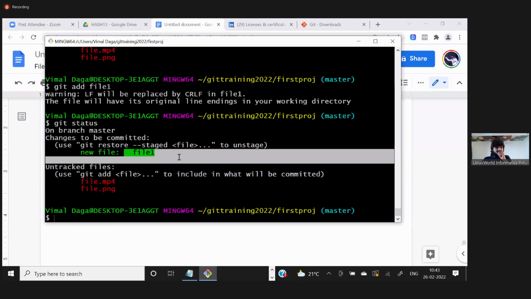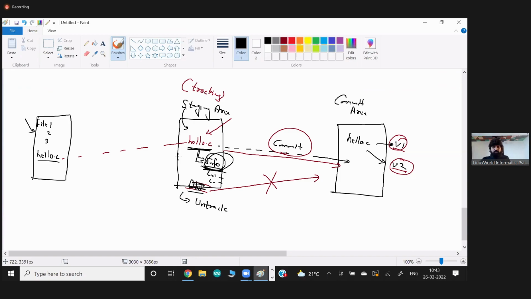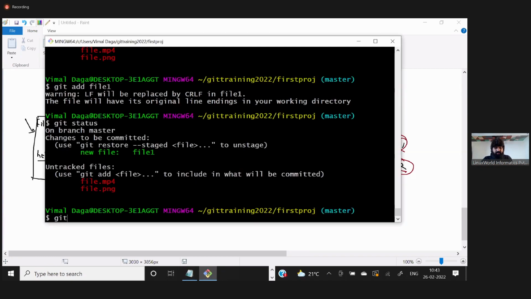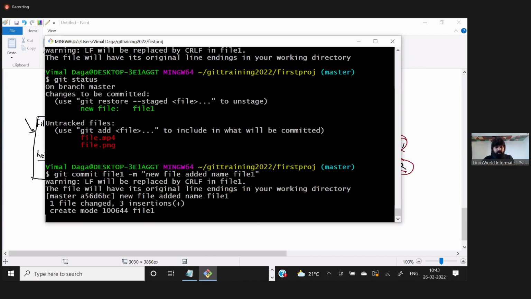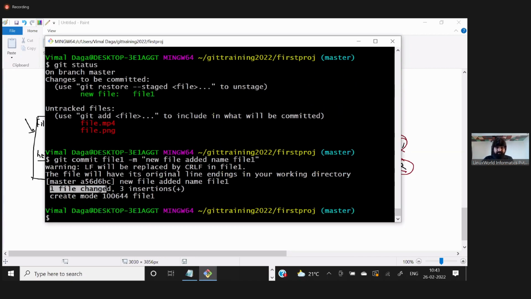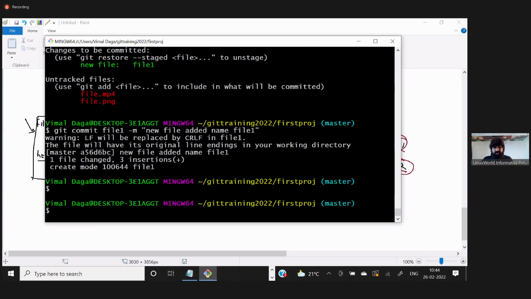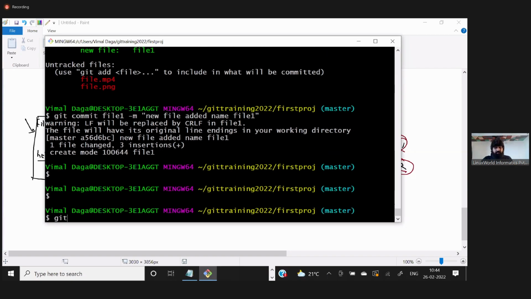But maybe you want this file also stored in the commit area. How? Same thing, git commit. The file name is file1, with a comment like "file1 modified, new file added". So this adds one more file, with 3 lines in it. Now if you run the git status command,